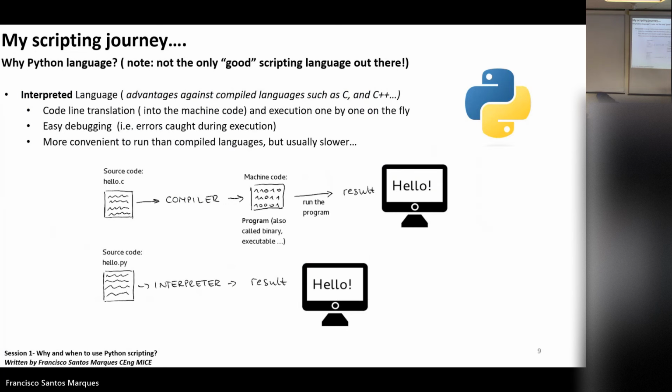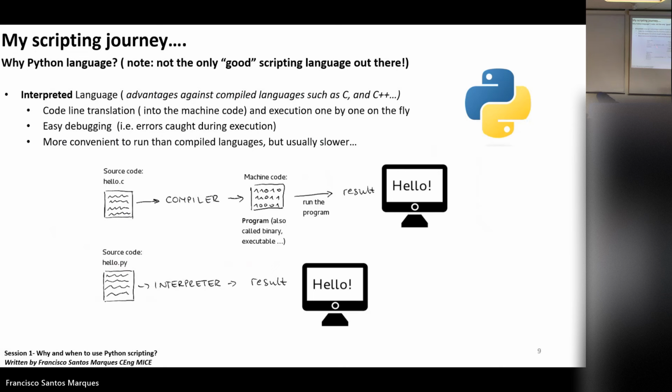And also another big advantage is that it's an interpreted language, and that's one of the biggest advantages when compared against a compiled language like C, C++. What does it mean exactly to be an interpreted language? Let's have a look, for example, at this first one here, okay? Let's say we have C or C++.